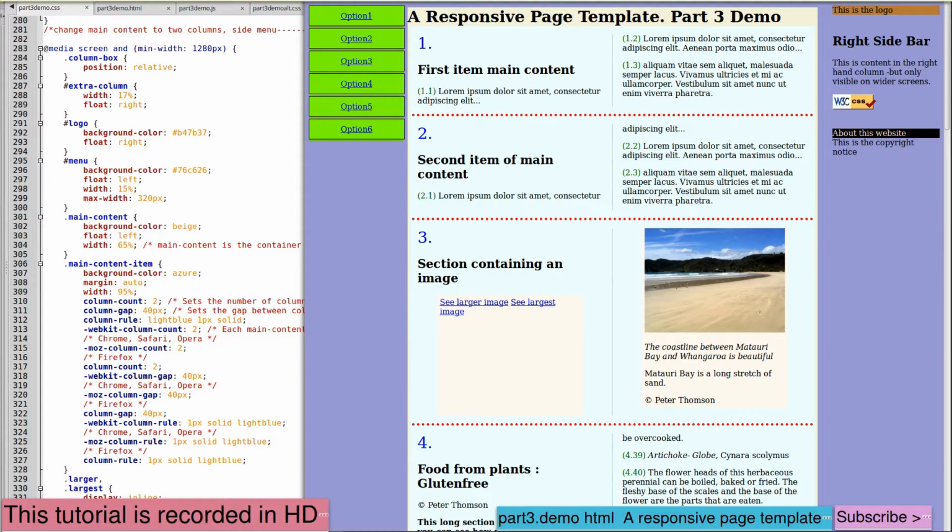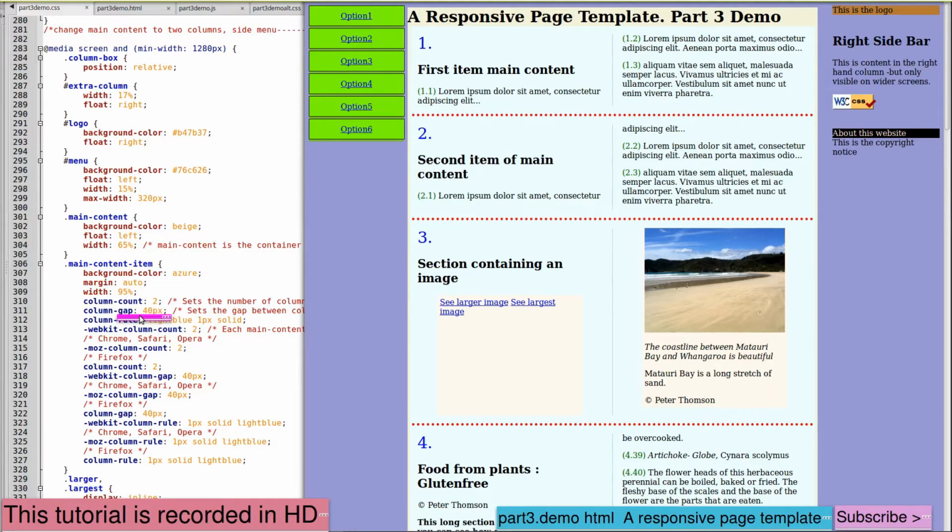The code that creates this split into two columns is within a media query set to 1280 pixels, and the HTML code for this, we've set the background color to azure, margin of auto, which should center it, a width of 95% of its containing division, a column count of 2, so here are the two columns, a gap between